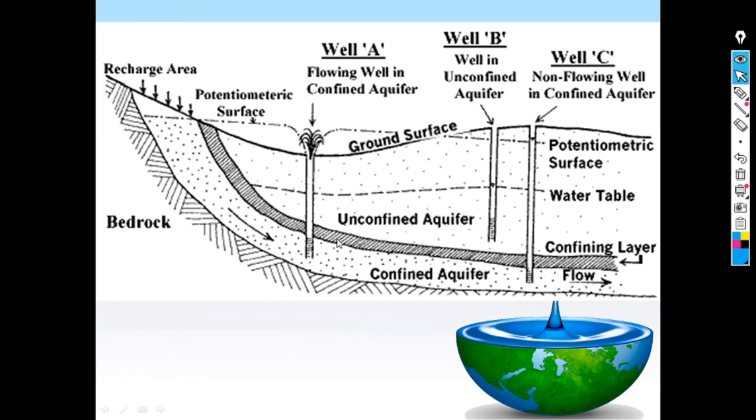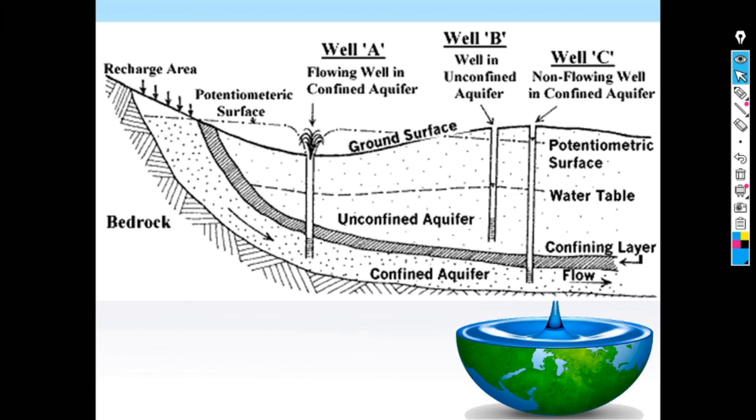So what we need to understand, all this is happening because the aquifer is sandwiched and is in pressure in between two confining strata. Over here, as compared to over here, it is only having a confining strata beneath it. It is not bounded on the upper side, right? That's why it is an unconfined aquifer and this is a confined aquifer.